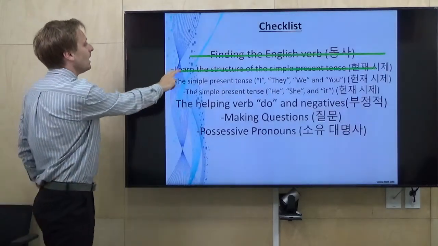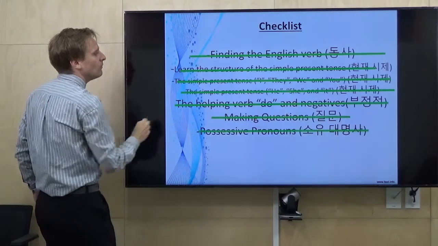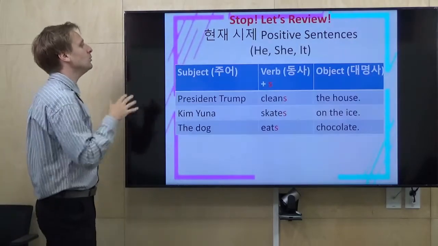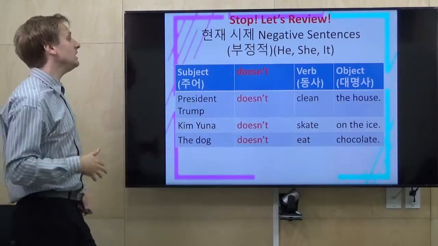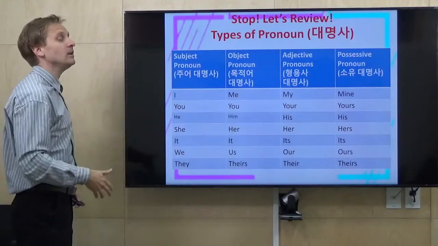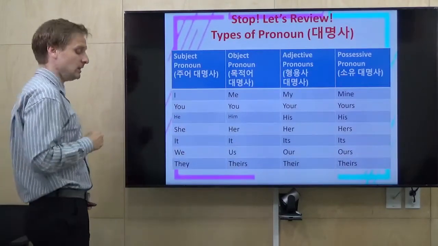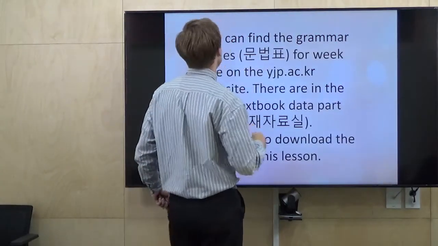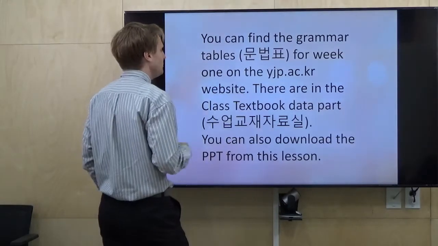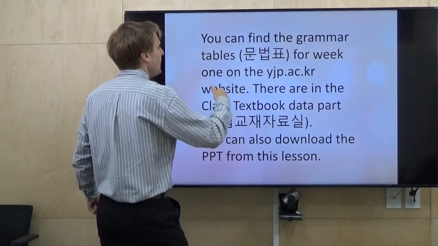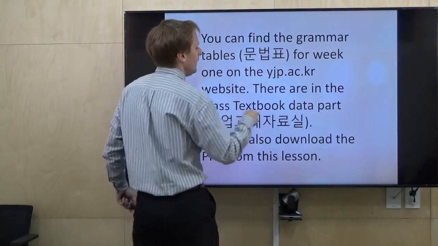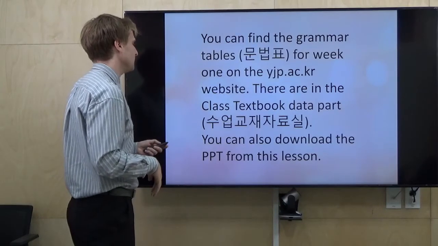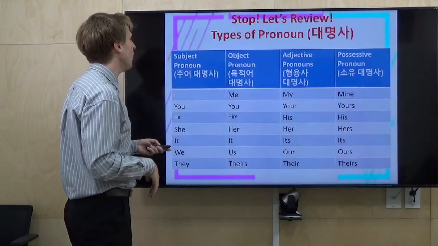Alright? We have now completed every part of our checklist. Here are the grammar tables one more time. I will post these on the YJP website for you to study before taking the online quiz. You can find the grammar tables for week 1 on the YJP website. They are in the class textbook data part. You can also download the PPT from this lesson. Okay? So, to look at that one more time,